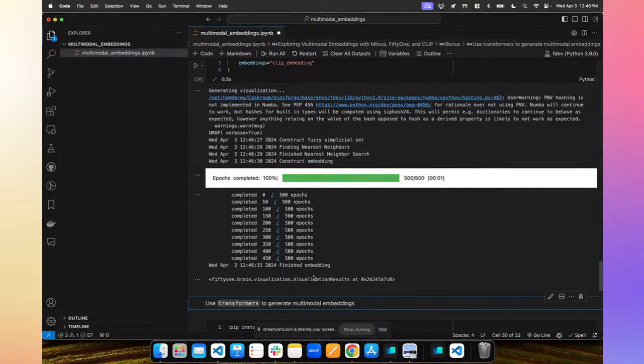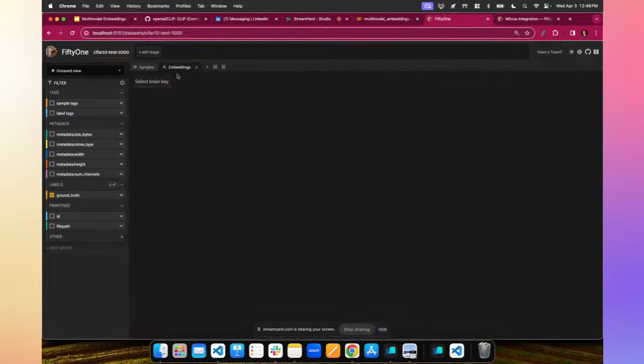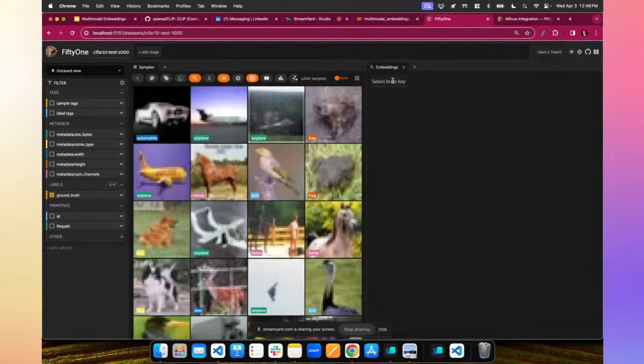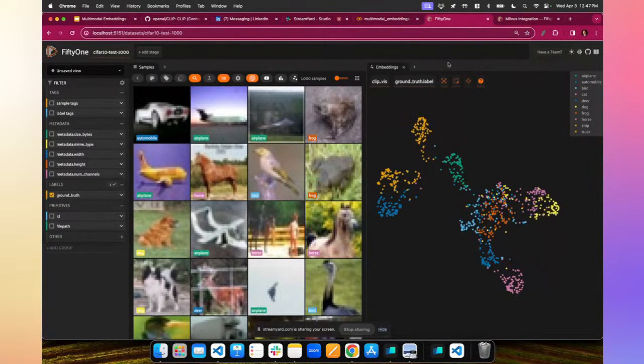And we can see that it generated the results object. And we can go back to our data set, and we can open a panel of embeddings, which really what this means is we are taking the embeddings that we used and we are visualizing them with UMAP. And we can see a two-dimensional version, or semblance, of a projection of the structure of our data. We could even color it by the ground truth labels. And we can start to see how CLIP sees the world and how that maps onto the ground truth labels on our data.